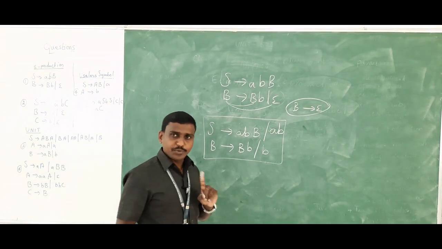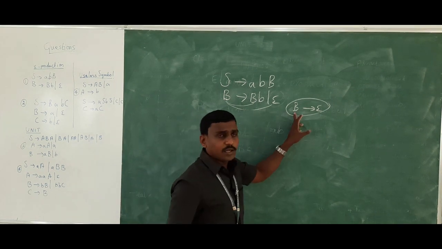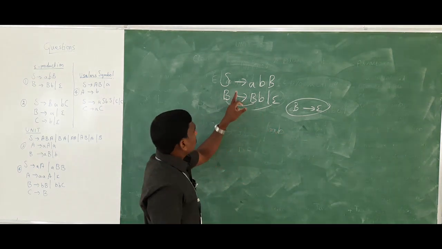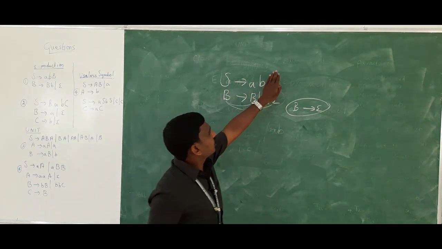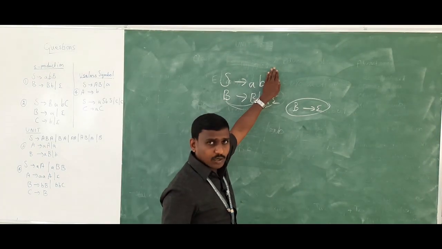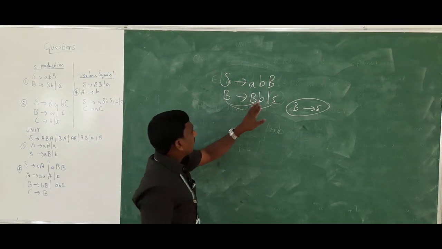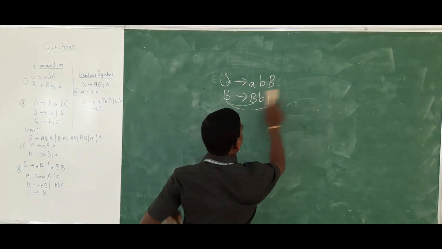So this is the way to find or eliminate epsilon production, finding the grammar without any epsilon production. Clear? This is the first step you have to understand. Once again I will tell you, first we want to find which variable has epsilon. So in this grammar B has epsilon. So then I have to write S tends to ABB the same as such, and then in place of B we have to substitute epsilon. So I will get AB. Then in place of B you have to substitute BB and B. Clear? Right.